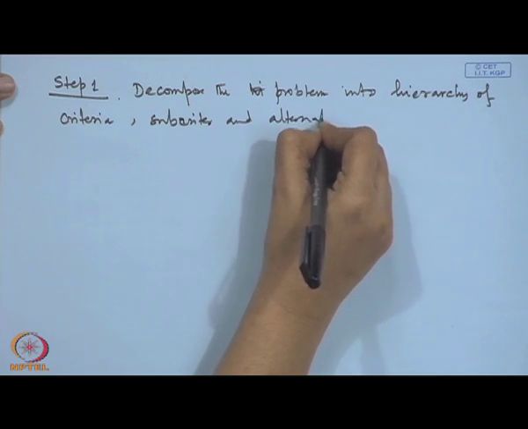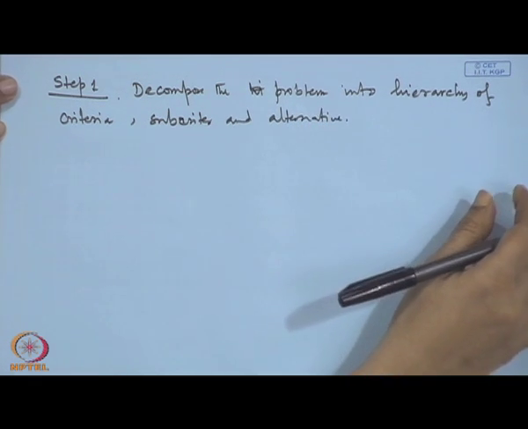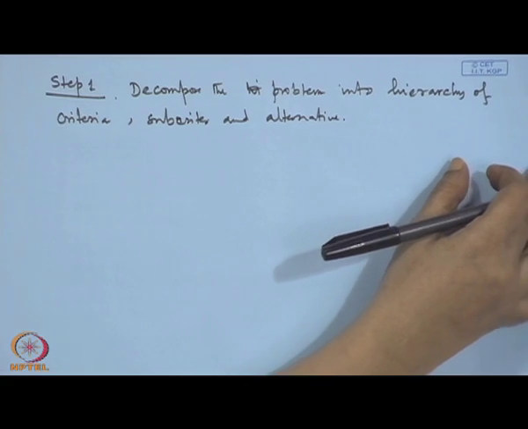And with respect to alternative as well, this is the most important part of this AHP process, rather the MADM decision making process. And the next step